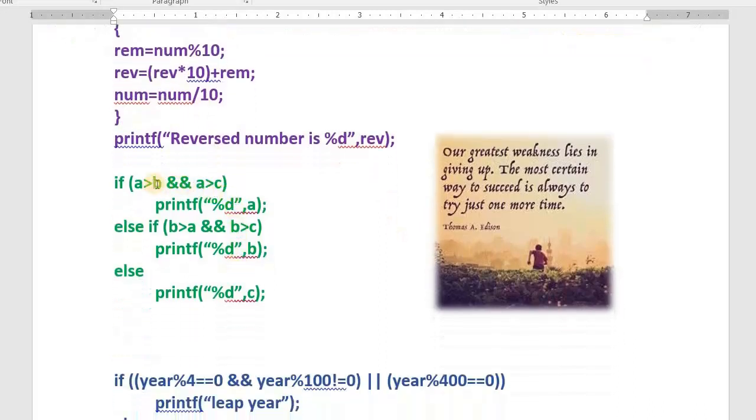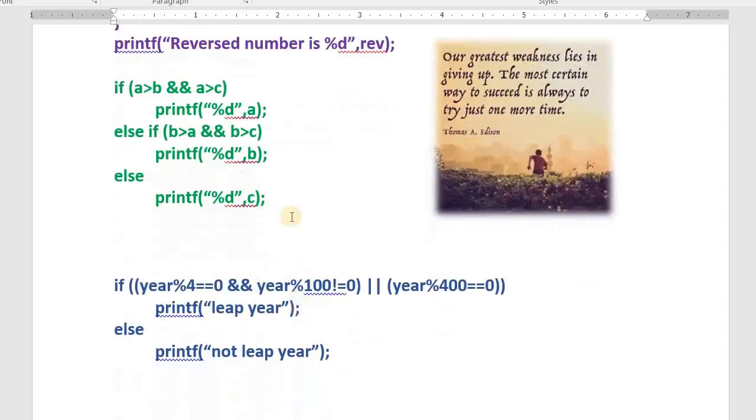This is a C program to find the largest of three numbers by using an else if ladder. If A is greater than B, with logical and compulsory, A must also be greater than C, then A is the largest. If this condition is false, then the machine will check the second condition. Only if the first one is false does the machine follow the second one, otherwise no. If B is greater than A and B is greater than C, then B will be printed. If this condition is also false, then C will be the largest. This means we are able to solve problems by using operators and expressions.